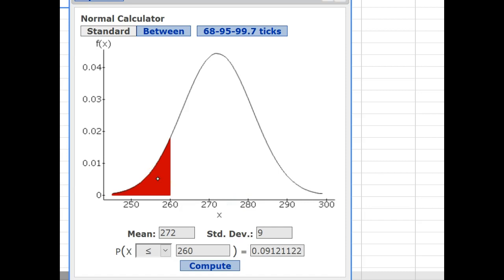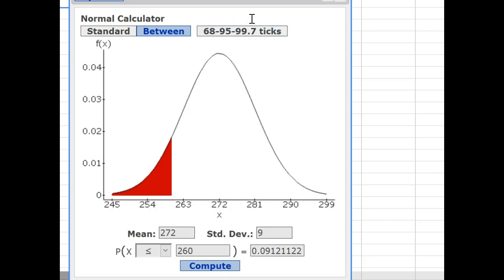On your book page, it also says that if you want those tick marks to be 1, 2, and 3 standard deviations away from the mean instead of just the random ones that are here, we can click this button. It will then recenter the curve; it was already centered at 272, it just didn't have a marking at 272. So now we've got our mean and our 3 standard deviations to the right and our 3 standard deviations to the left, like we looked at in the last section when we were getting approximate probabilities for these things.